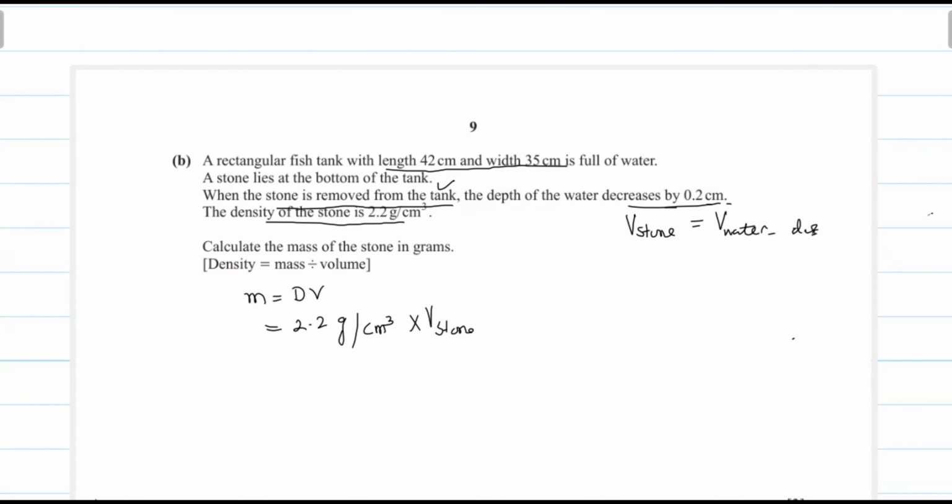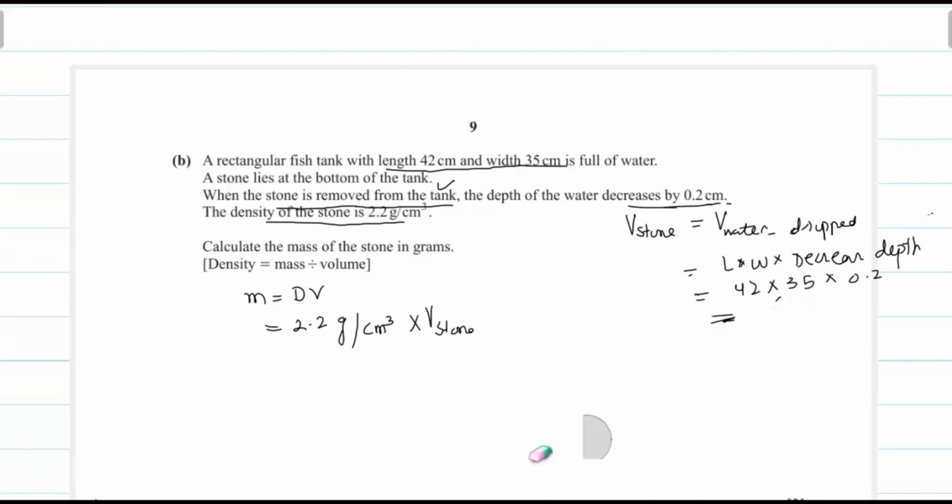So the water drop will be equal to length into width into decreased depth. Height or depth is the same meaning. Length is 42 multiplied by 35, decreased depth is 0.2 centimeter, and this will be equal to